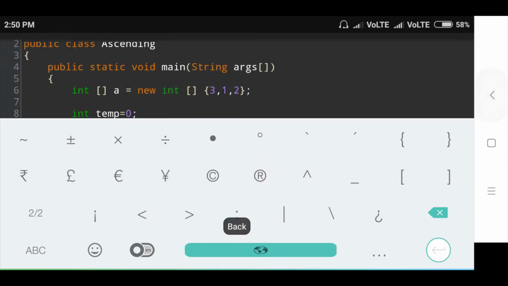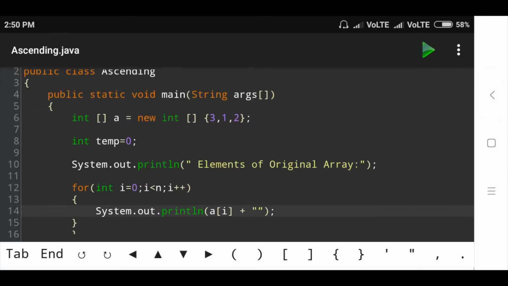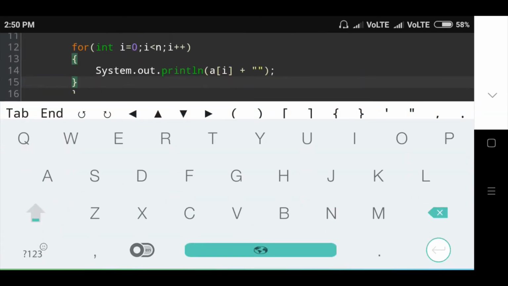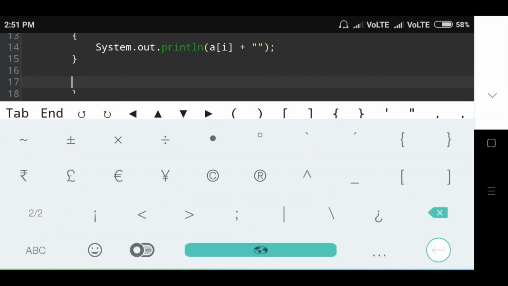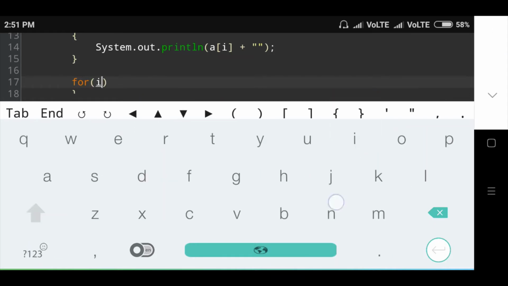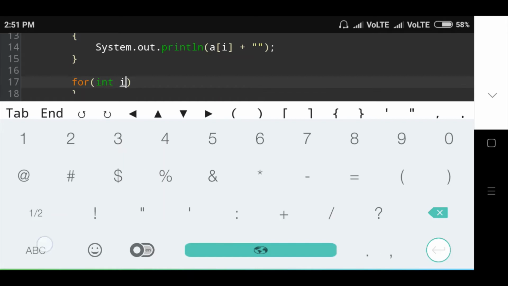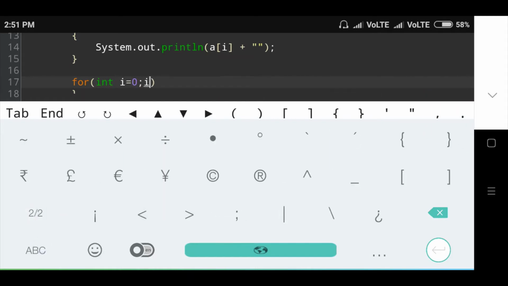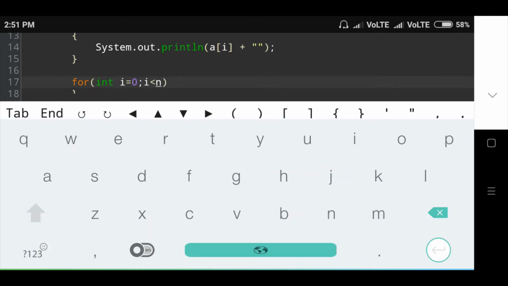Then sort the array elements in ascending order. Then the next condition, for loop condition. In that, integer i is equal to 0, i is less than n, then i plus plus.